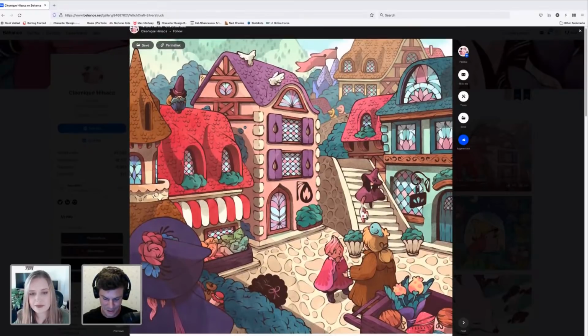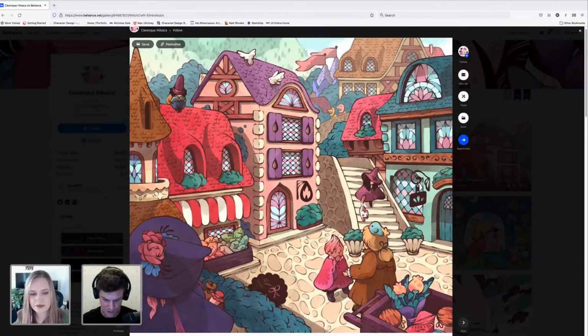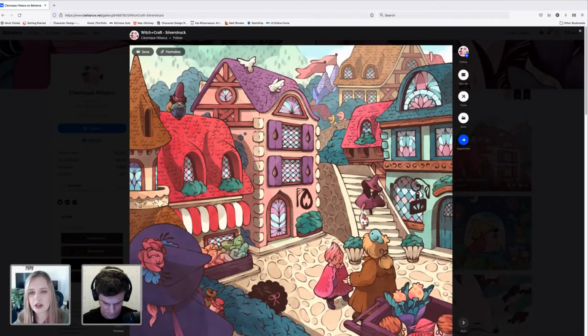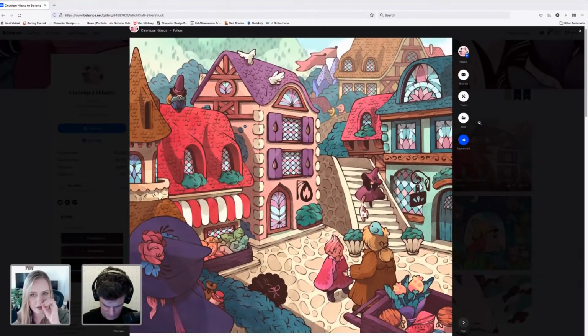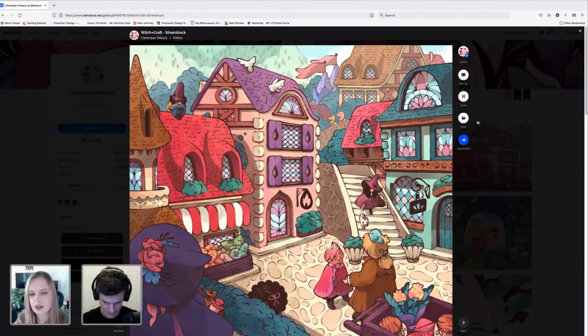That's using the foreground elements, making sure the middle ground is where the focus is, where all your saturation is, using those cooler tones and desaturating the backgrounds. She did a really good job separating the foreground from the background. It almost has a nice haze over it, so it's there, but it's not the main focus. Right, because the further it goes with atmospheric perspective, the whiter and bluer it gets.